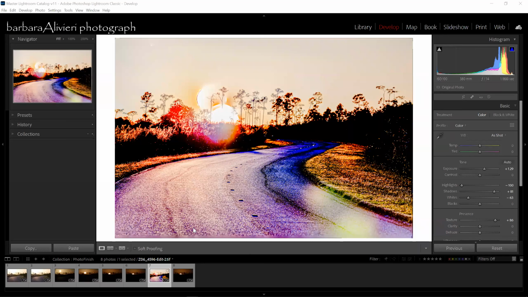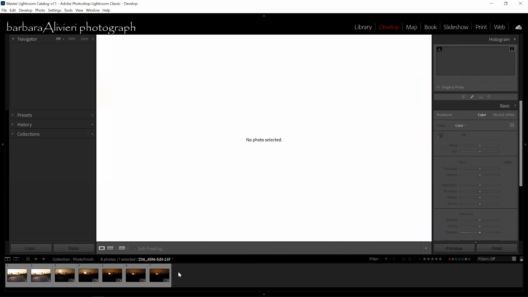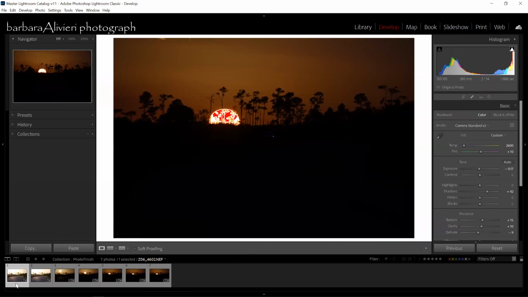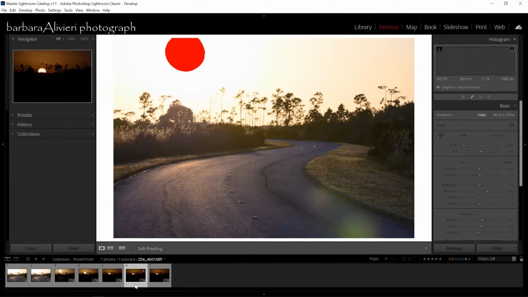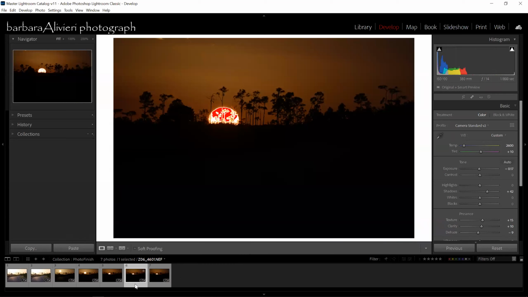Let me remove this. Okay, so how I did this is I only picked images that I liked. Like I think this one I like better than, no, this is good. And as you saw in that processed image, I think I used this shot. So what I did was only import these two.